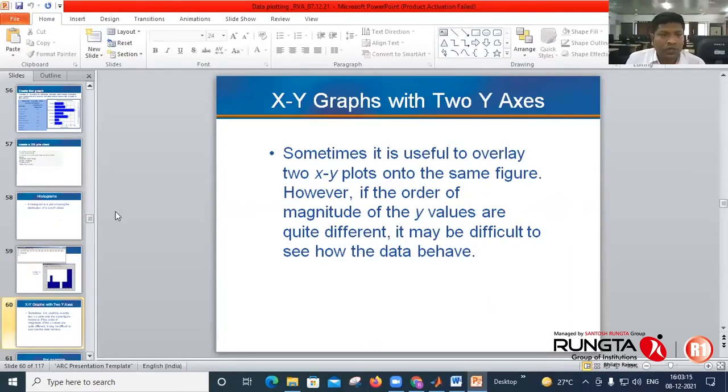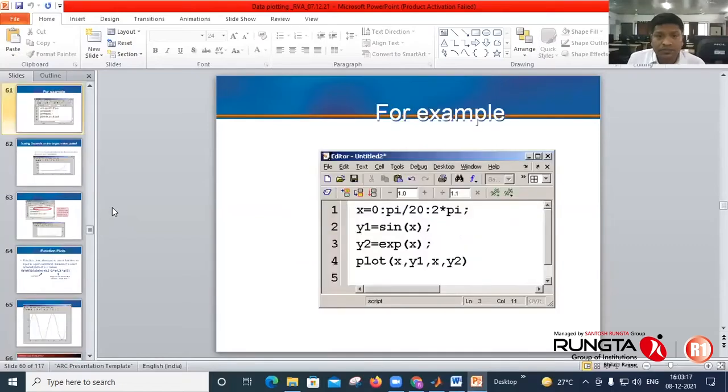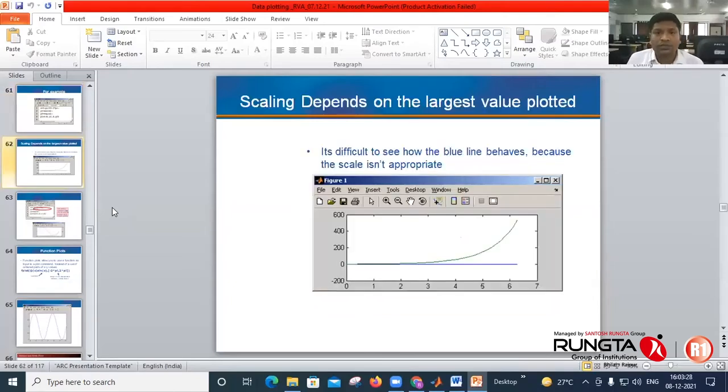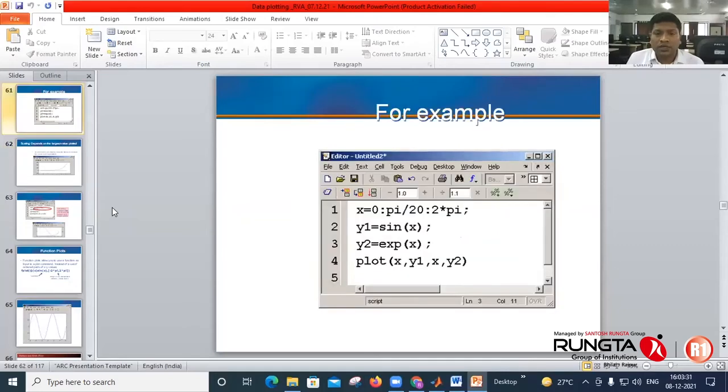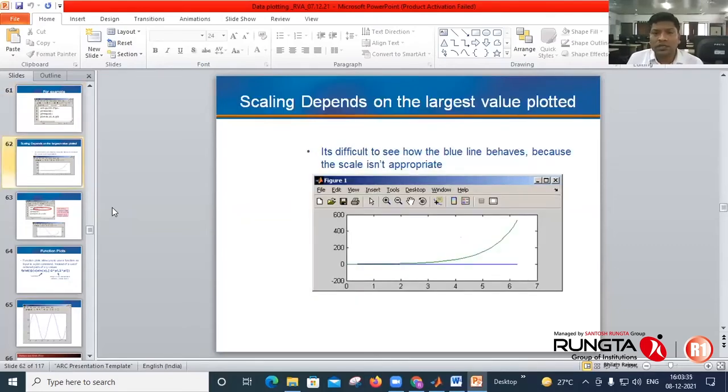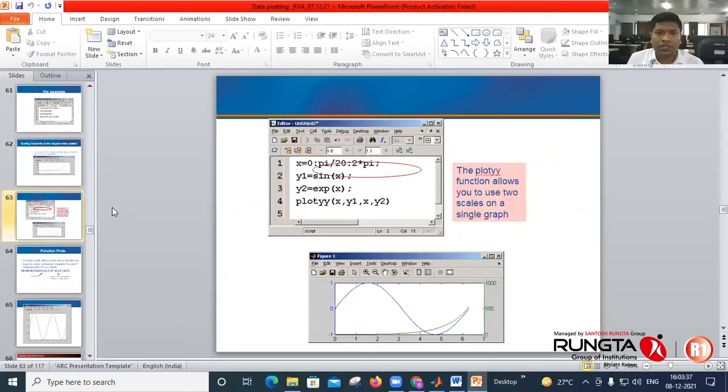So again, for this, you have to define x, y, y1, and the same example, plot xy1, xy2. If I use the simple plot command here, that clarity will not be there. So for this, I will use the plotyy command. It will create two y-axes for that.